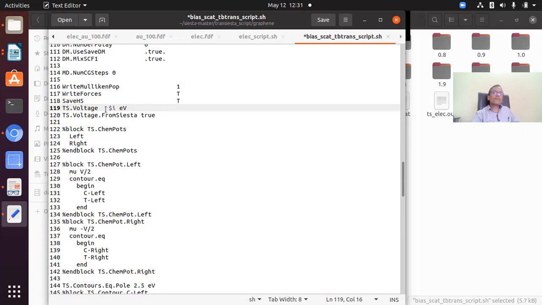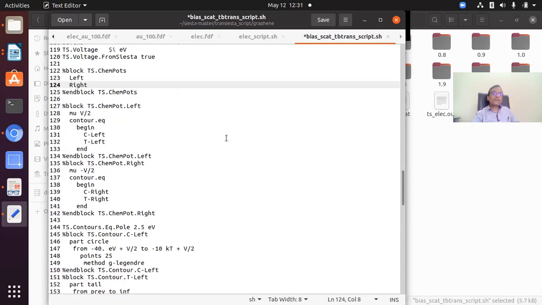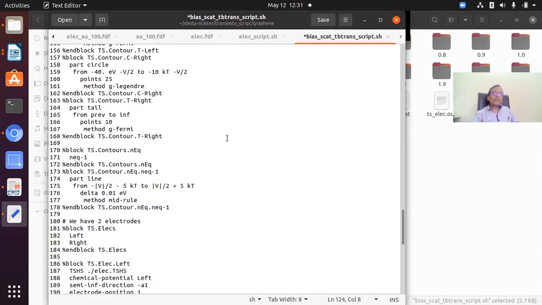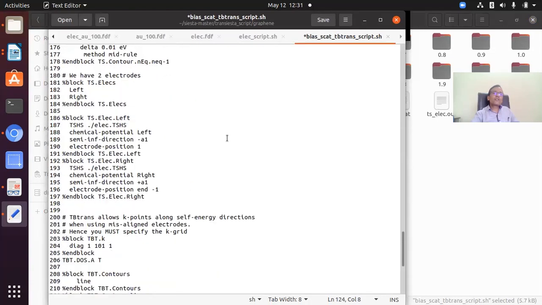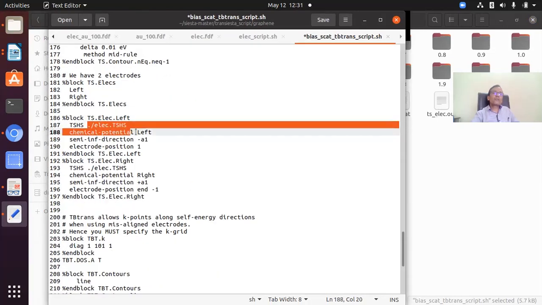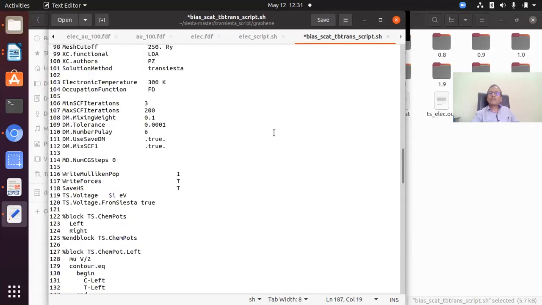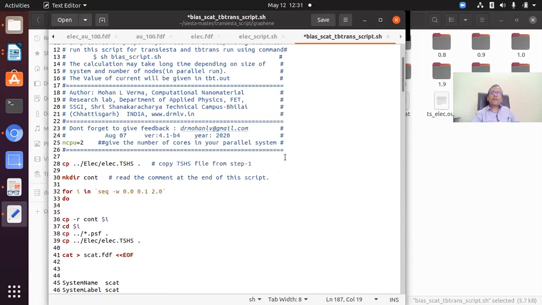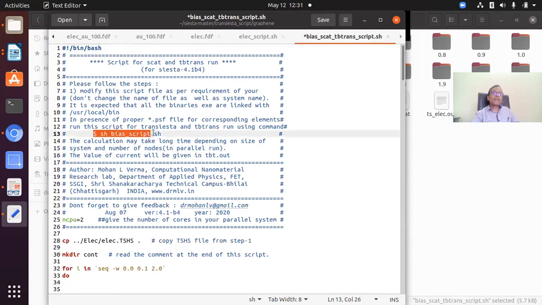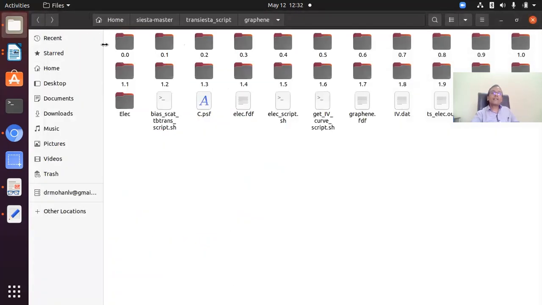So this is $I. This will change the biasing. And then I have also made a change in the electrode path. This is the electrode path, and this electrode path is taken. So it is a little change to run that, and by using a simple command, just the sh command again, one can get these different folders for different voltages starting from 0 to 2.4.